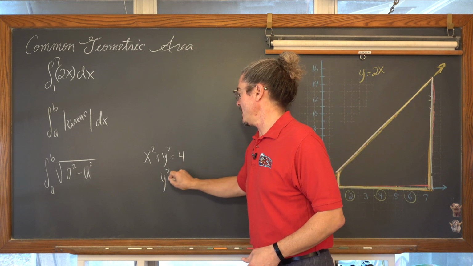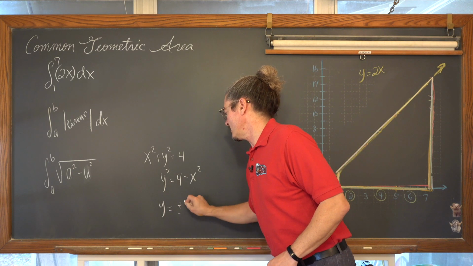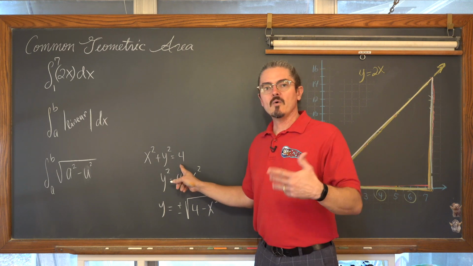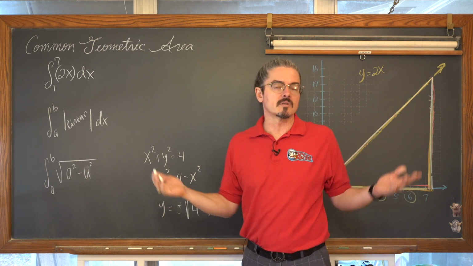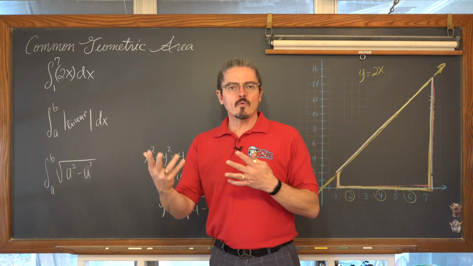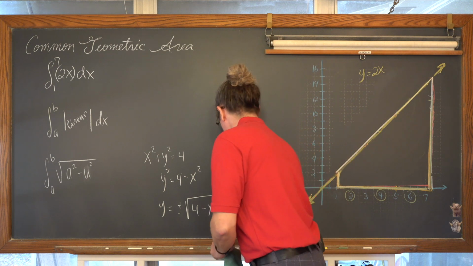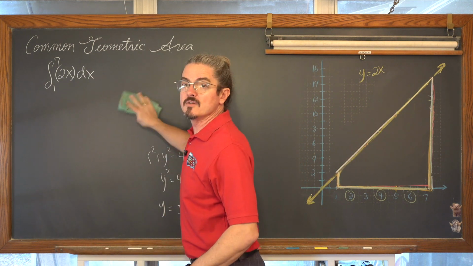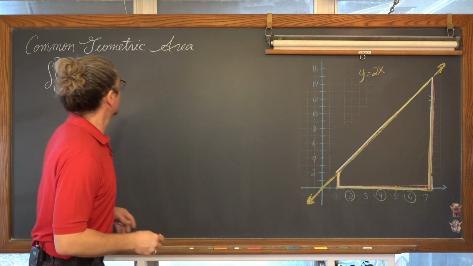Well, that's y squared is equal to 4 minus x squared, or y is equal to plus or minus the square root of 4 minus x squared. Well, we know how to find the area of a circle. It's pi r squared. And if we only want half a circle, of course, it's going to be 1/2 of pi r squared. And whenever we can save time by recognizing that our definite integral involves an integrand which creates a common geometric region, you can save yourself some considerable time.